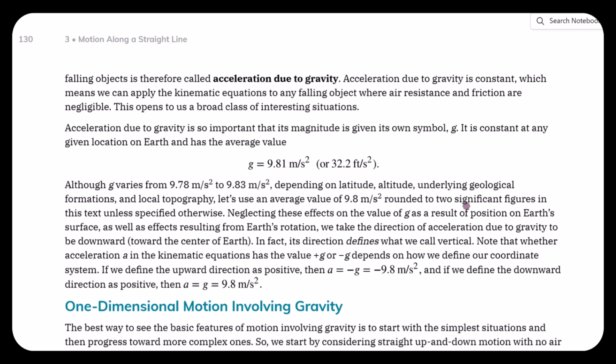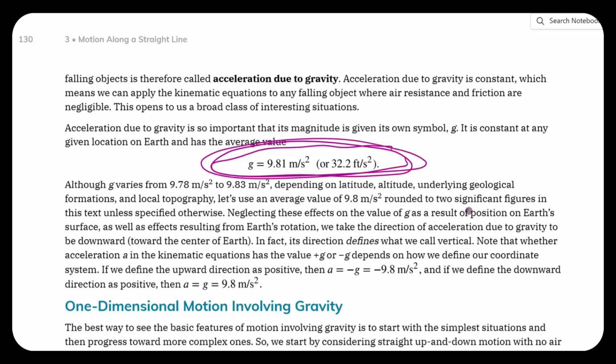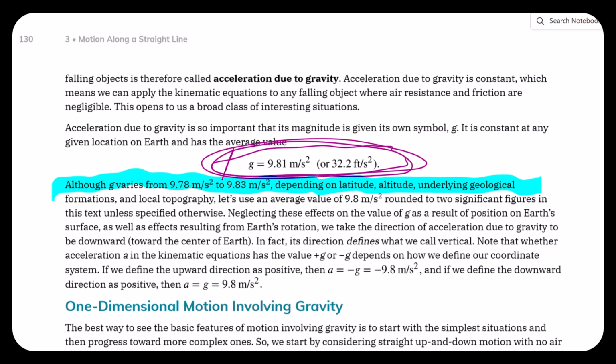Did you know that things fall due to gravity? So basically what we're saying here is, instead of the other problems where sometimes it's accelerating with a equals 12 meters per second, here we always have this value. Yes, there are technicalities, but in physics we always assume the cow is spherical at 1 atmosphere and can be represented by a particle of almost no mass. So for that purpose, we pretend that the acceleration due to gravity is 9.81 meters per